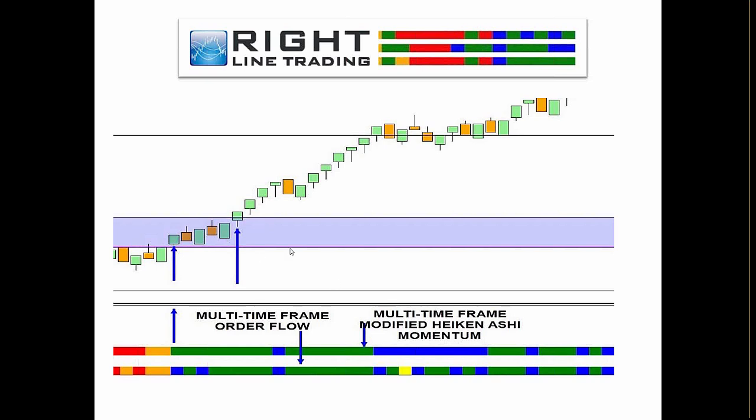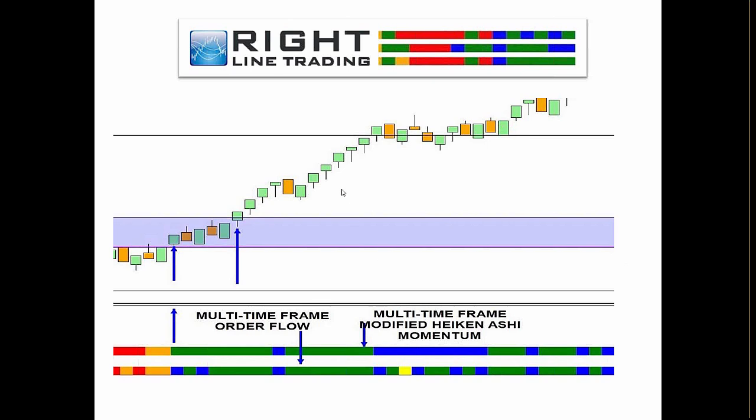Now, this is an area that I'll talk about later. This is an area of resistance. When price aligns and resistance is broken, price is going to almost always rise on your trading chart. Doesn't matter what you're trading, what your time frame is, whether you're trading stocks, forex, or futures, this price is going to rise because the price on the 3 higher time frames has momentum and order flow aligned to the